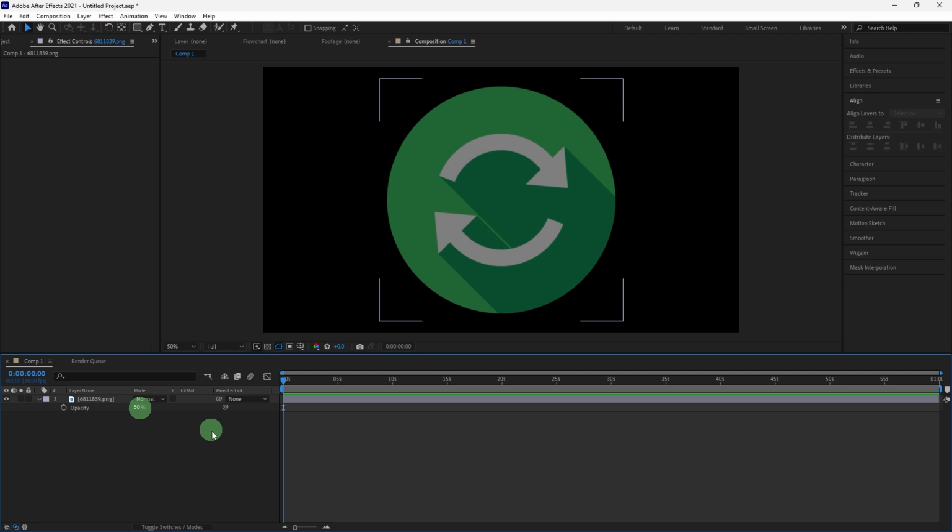Final tips. Shortcut: the shortcut for revealing opacity is pressing the T key on your keyboard. Exact control: type in exact opacity values for precise control. By following these steps, you can effectively reduce the opacity of layers in After Effects to create transparent or fading effects in your